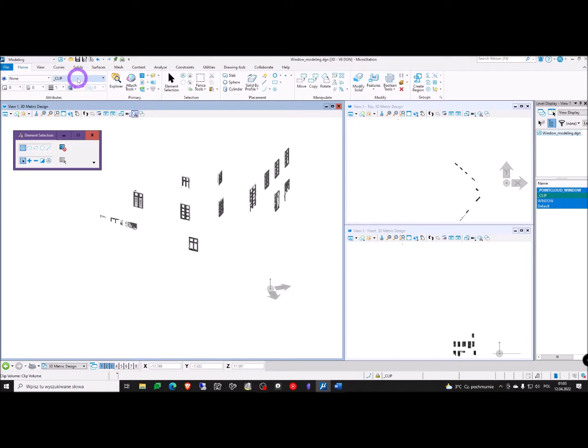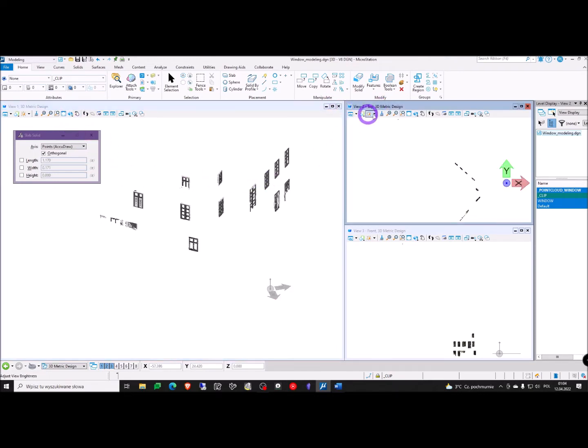First, we make sure that our active level is the clip level, and then we can adjust any other attributes to be as default as possible, and we will choose the slab tool. The best way to draw such a slab is from the top view, so we need to rotate to the top view or use the top view that we already have. I will zoom in to one of the windows that is